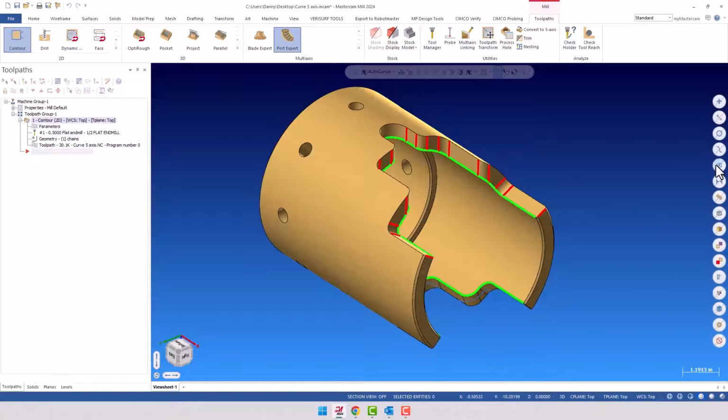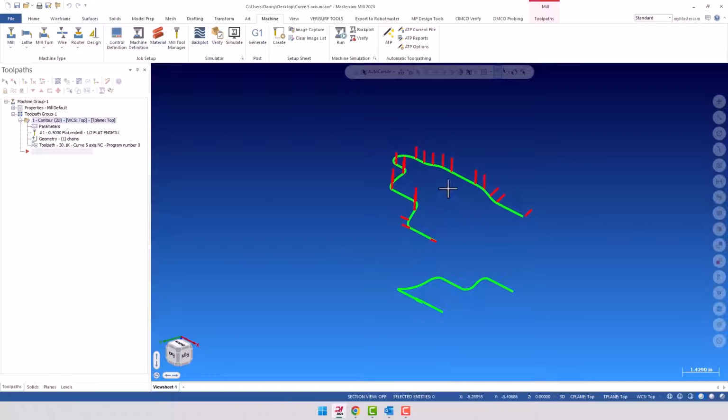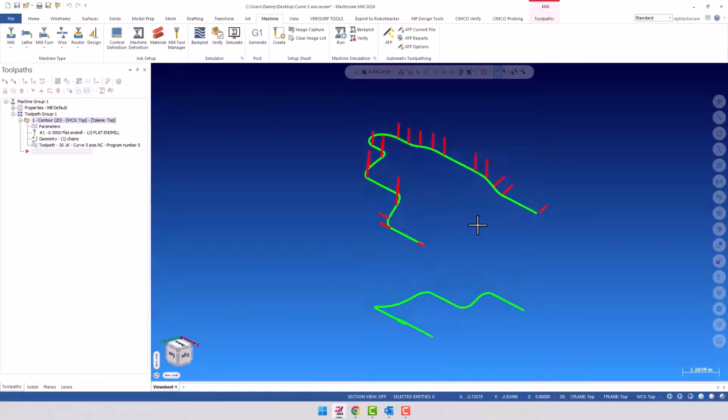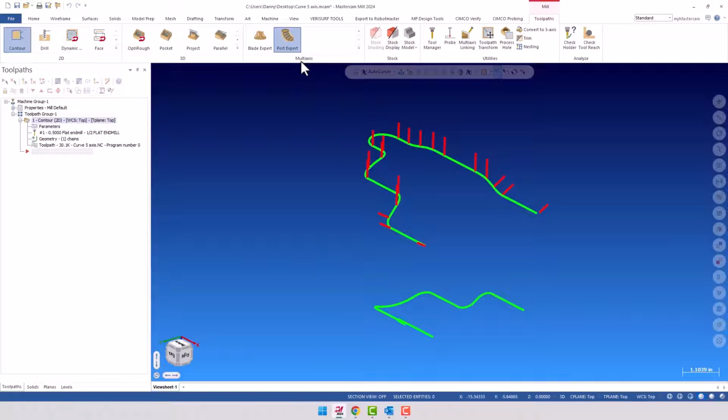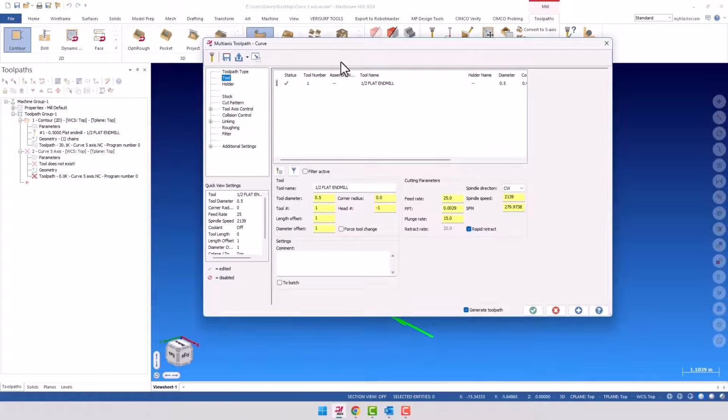And I'm probably going to isolate the geometry here to make it easier. So I'm going to go ahead and select all wireframe, and I'm going to hide my model, and focus just on this top part. Now what I'm going to do is a curve drill 5-axis. So going back to my toolpaths, going into my multi-axis panel here, I'm going to select curve, which is our curve drill 5X,